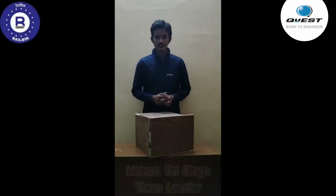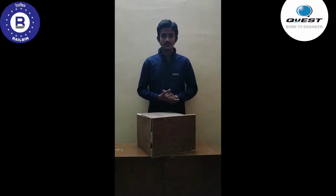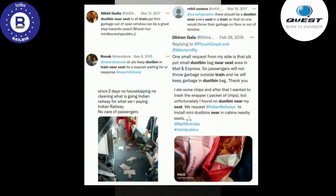Our team conducted a survey for passenger complaints and feedback regarding waste disposal and cleanliness in the railway compartments, and the majority of them suggested a dustbin near their seat. Thus, after a month of rigorous brainstorming, our team came up with a unique yet simple idea to countermeasure this